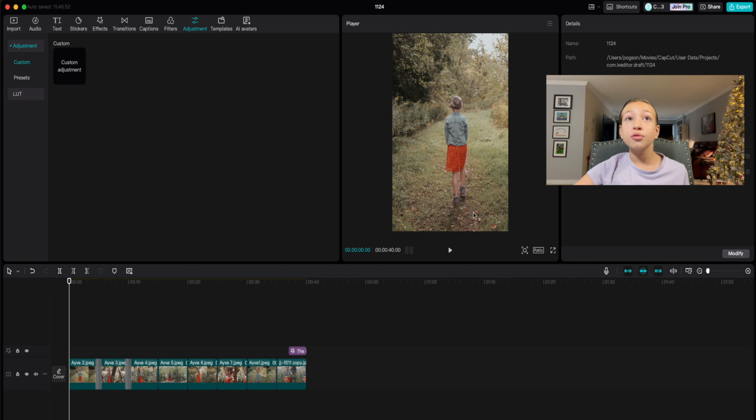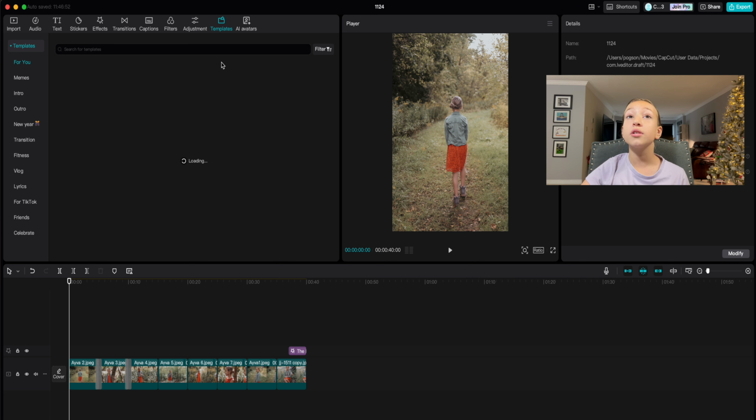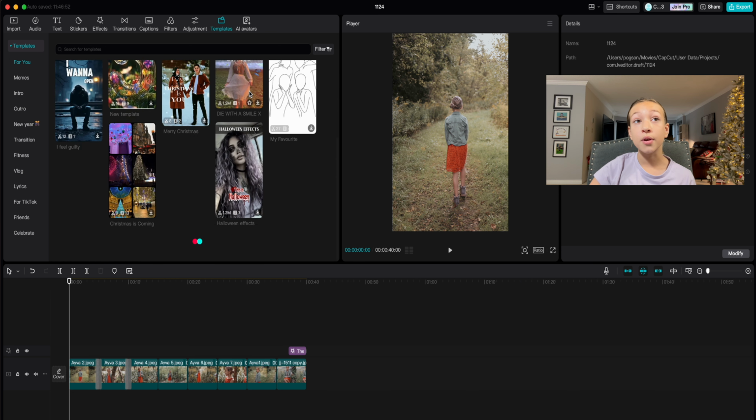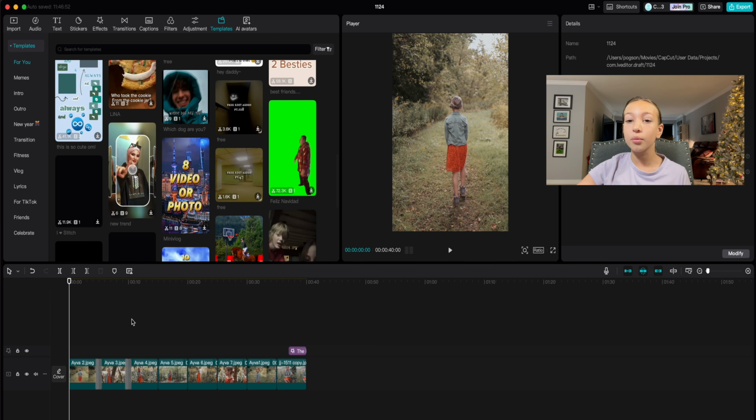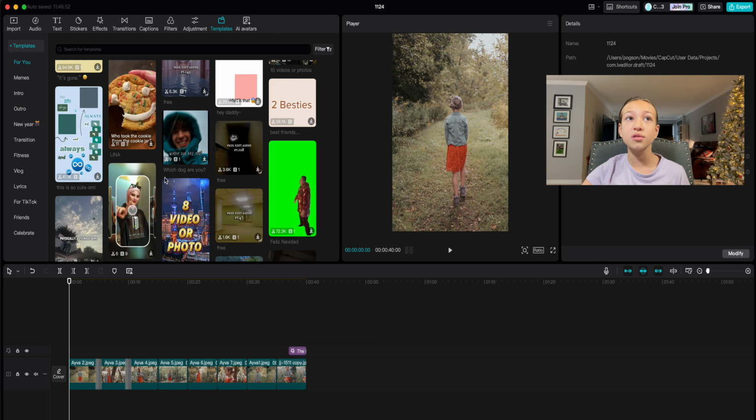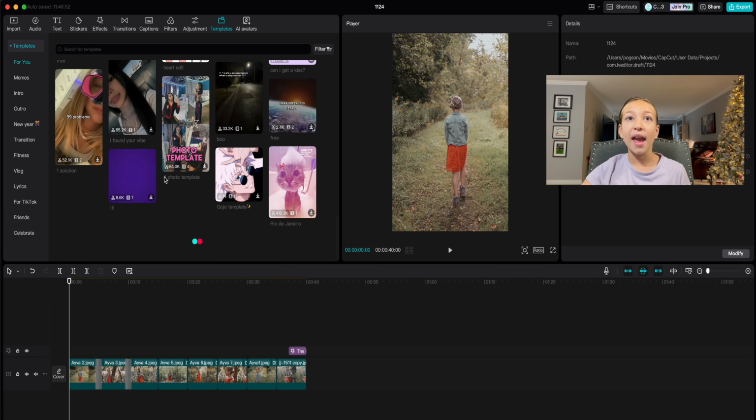And the second last one is templates. So you don't have to use pictures that you have. You can start with templates. So there's a bunch of cute templates that you can use. And